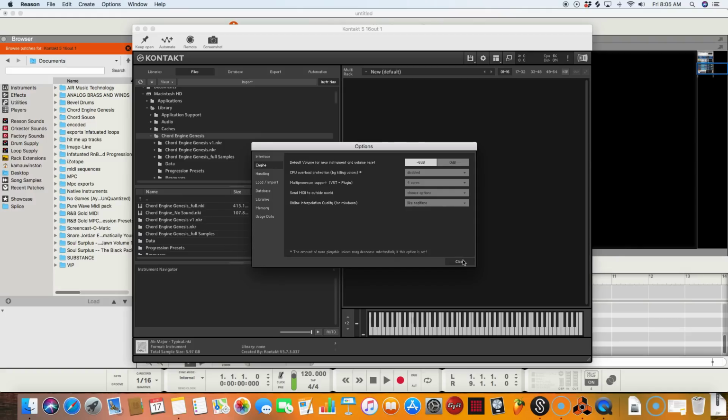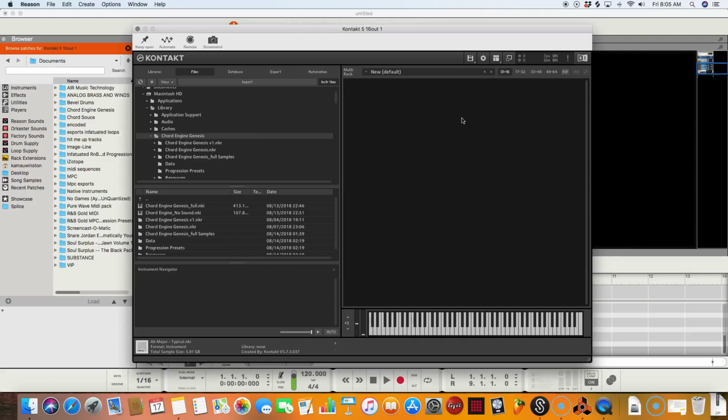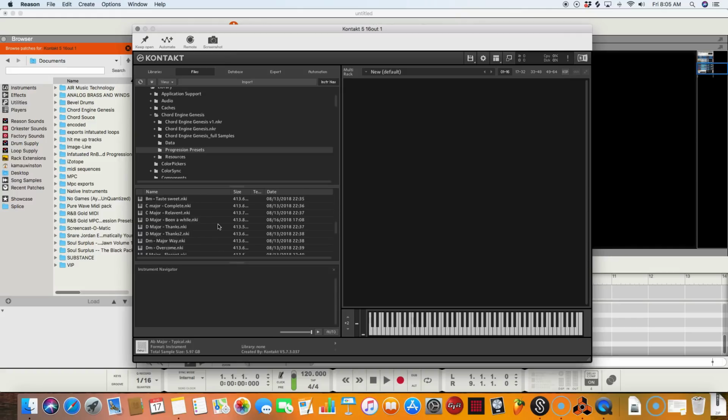So when you run the installation of Chord Engine Genesis, the installer will also place a folder on your computer called Chord Engine Genesis. Now, on a Mac, it's going to be in your libraries, and on a PC, it should be in your documents folder. Now, this is where you'll find the Chord Engine Genesis. Now, here inside your